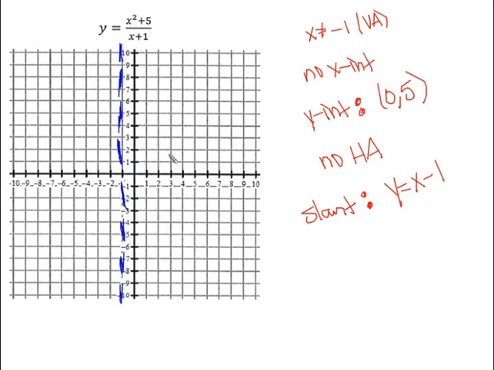We also found that there's no x-intercept, so we don't have to worry about plotting a dot there. We do have a y-intercept at 5, so we can put a dot there. No horizontal asymptote, but this one did have a slant asymptote, so we got to plot or graph the slant asymptote. We begin at -1, somewhere down here, and we go up 1 over 1, up 1 over 1 based